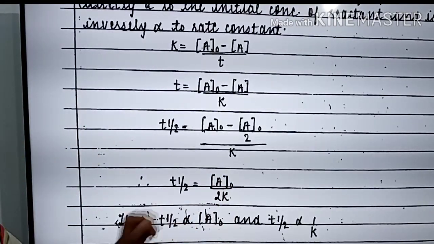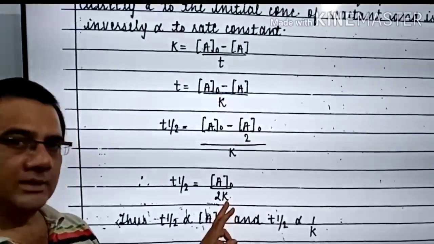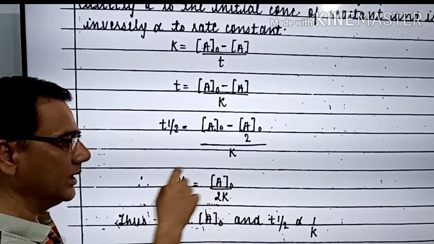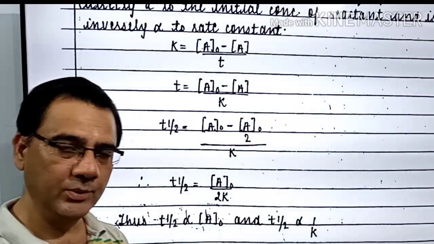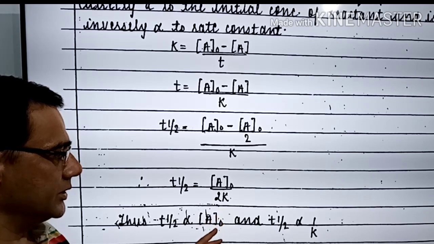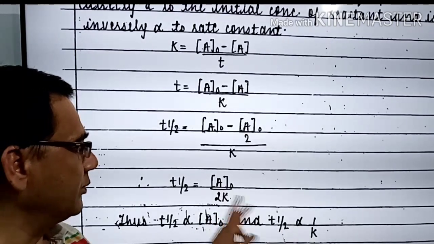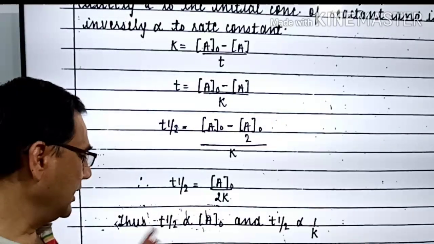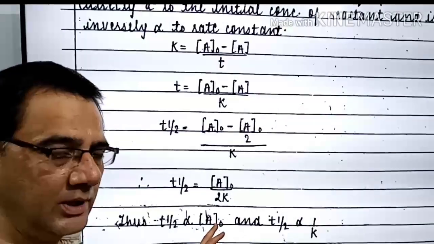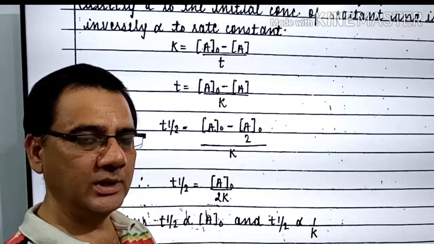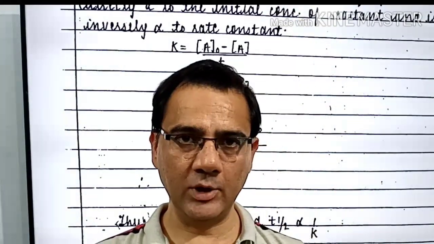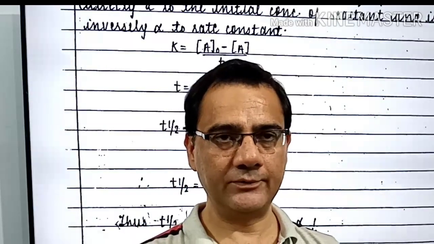Now, the important thing is that this 2 is constant, and K is also constant. Both the things are constant. So we write T half is directly proportional to the concentration of reactant A, and that is very important for zero order reaction. जो value of the T half है, it is directly proportional to the initial concentration of reactant, और T half is inversely proportional to this K. So keep this in mind. In the zero order reaction, the value of the T half is directly proportional to the initial concentration of the reactant. So these are the two expressions we have derived for the zero order reaction to calculate the value of K, value of T, as well as the value of T half.